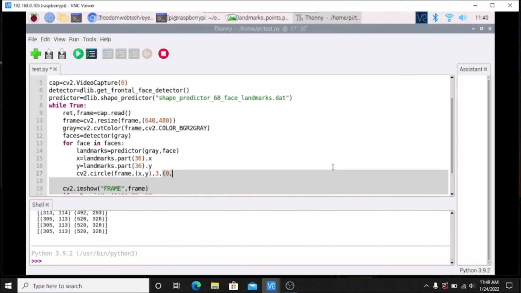Let's make it red, so 0, 0, 255, then the thickness, let's make it 3. So we now have a circle. What basically happened here is we have the circle on a particular point of our eyes, which is 36 in this case. So I'm going to save the code, and if I run the code,